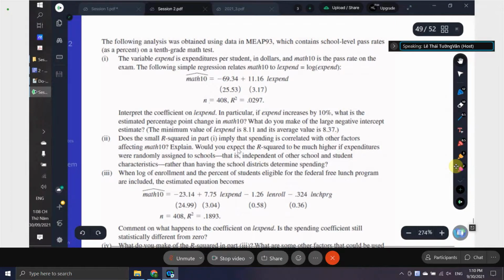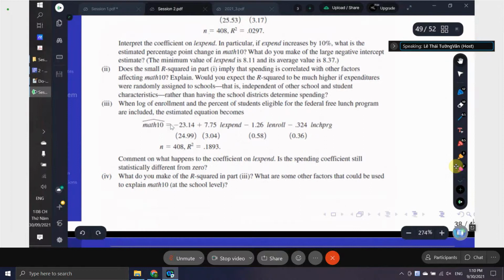So we'll do it. In particular, if expend increases by 10%, what is the estimated change? Now, question 2 is, does the small R-squared